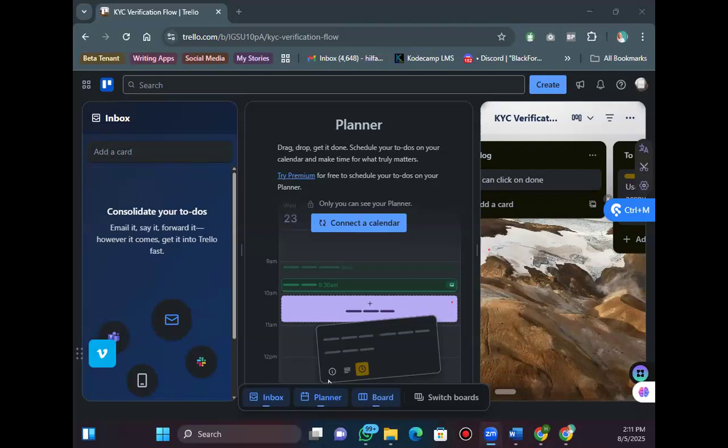Then you fill the cards with useful info like your checklist, your due dates, your labels, and so on. And then you can drag your cards through the workflow, more like visual product tracking, and you can invite your team to work with you, and you can use comments for async collaboration as well,